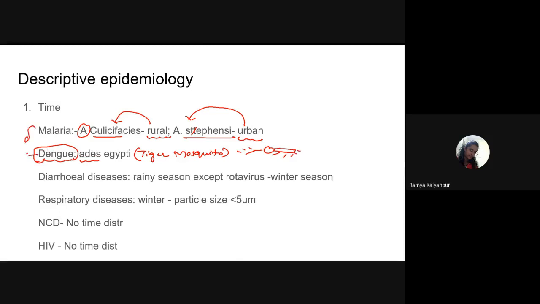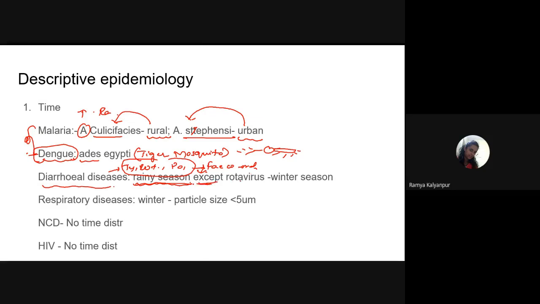So these two, malaria, dengue, and other vector-borne diseases are more common in which season? Rainy season. Next, coming to the rainy season, diarrheal diseases. So what are these diarrheal diseases? They are like typhoid, rotavirus. Then again we have polio. So all these are examples of what? Diarrheal diseases. And these diarrheal diseases are feco-oral in nature. Their route of transmission is what? Feco-oral. Because of this, they are more commonly seen or expected to rise more in the rainy season.